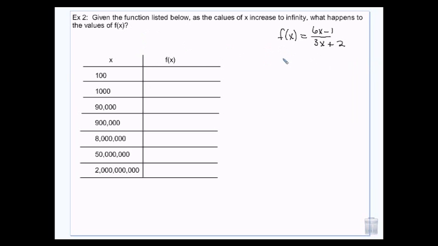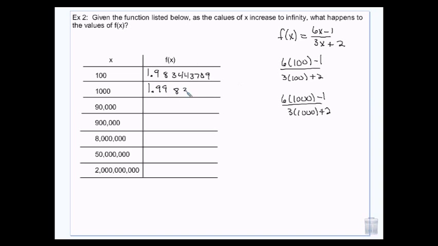If I plug in 100, I get 6 times 100 minus 1 divided by 3 times 100 plus 2. And that gives me 1.983443709. And if I plug in 1,000, it's 6 times 1,000 minus 1 over 3 times 1,000 plus 2, and I would get 1.998334444. And if I plug in 90,000, and 900,000, and 8 million,